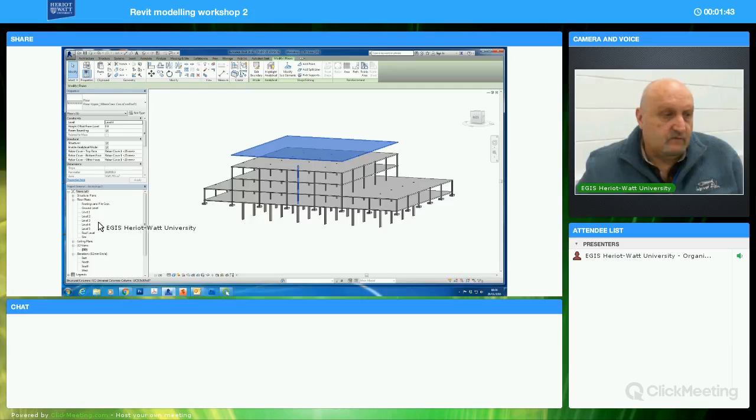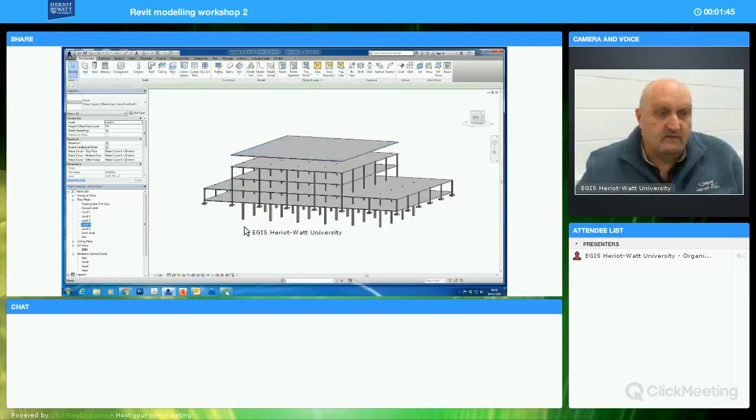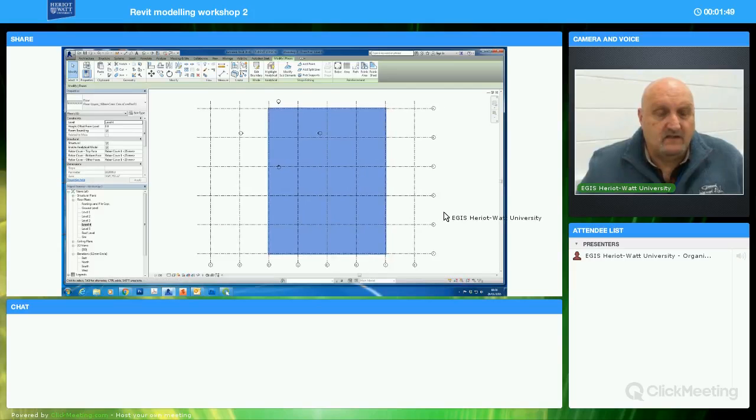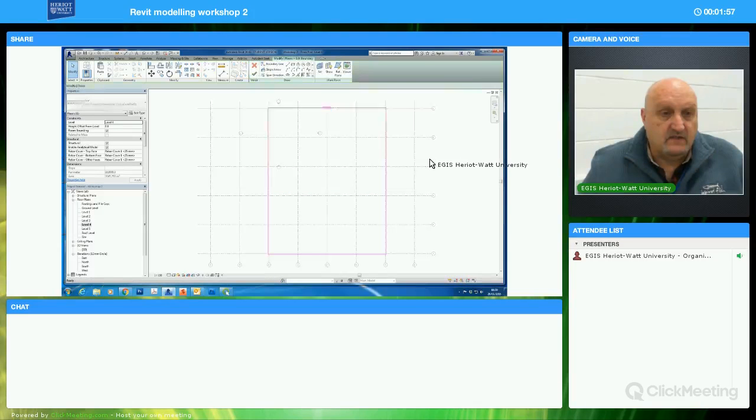Now, this is on level 4, and I'm going to go to the floor level for level 4, the ground floor plan. I'm going to make some edits to this floor. It's a bit plain, and not every building looks like a box. So I'm going to edit the boundary of this floor,